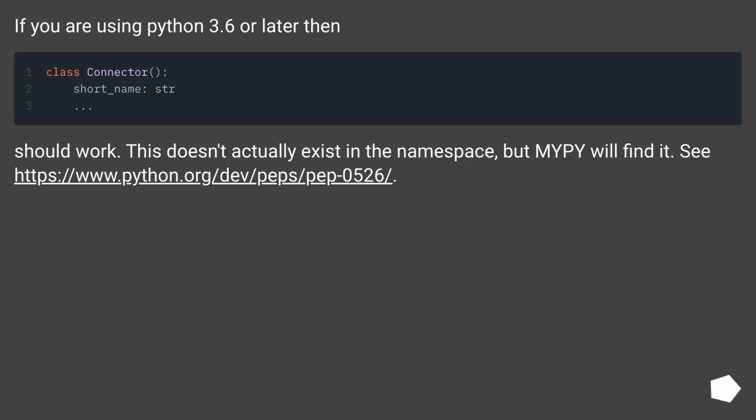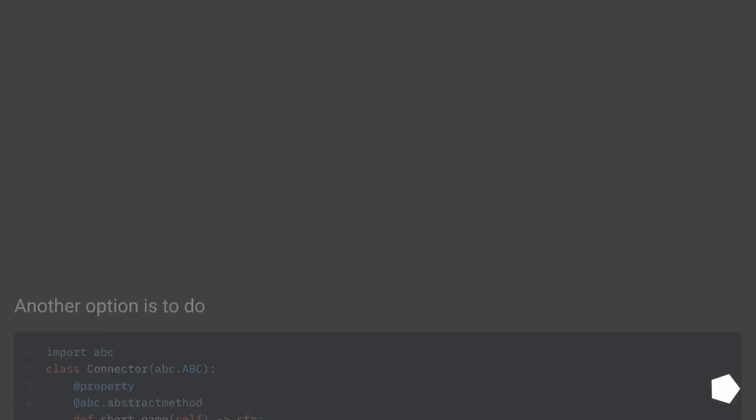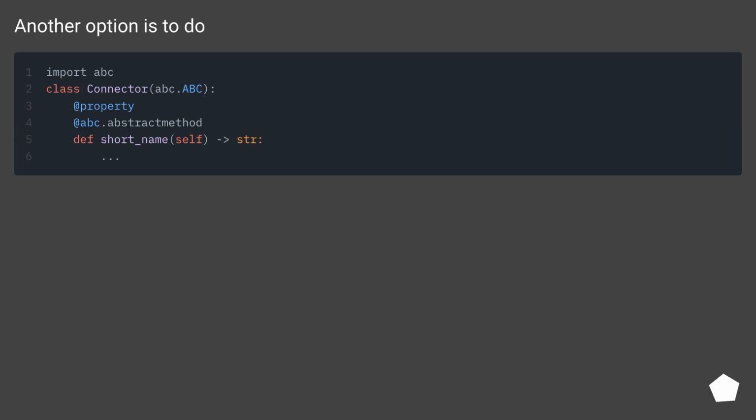If you are using Python 3.6 or later, then this should work. This doesn't actually exist in the namespace, but mypy will find it. See this URL. Another option is to do